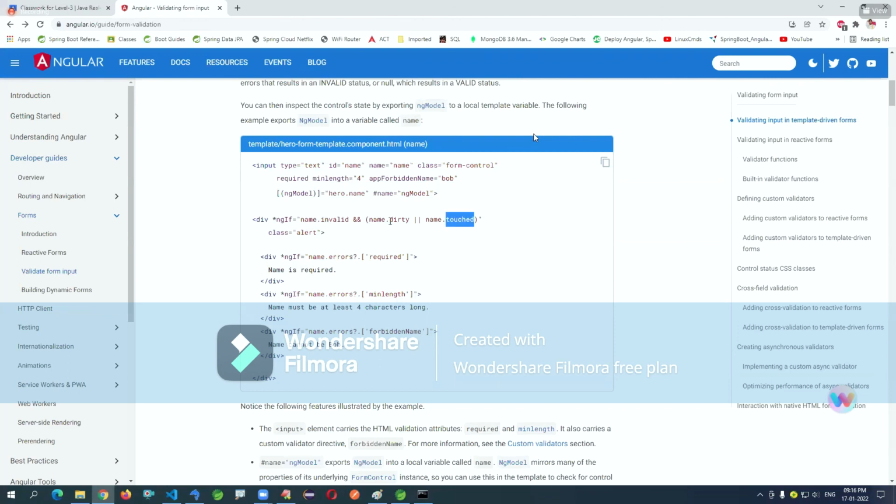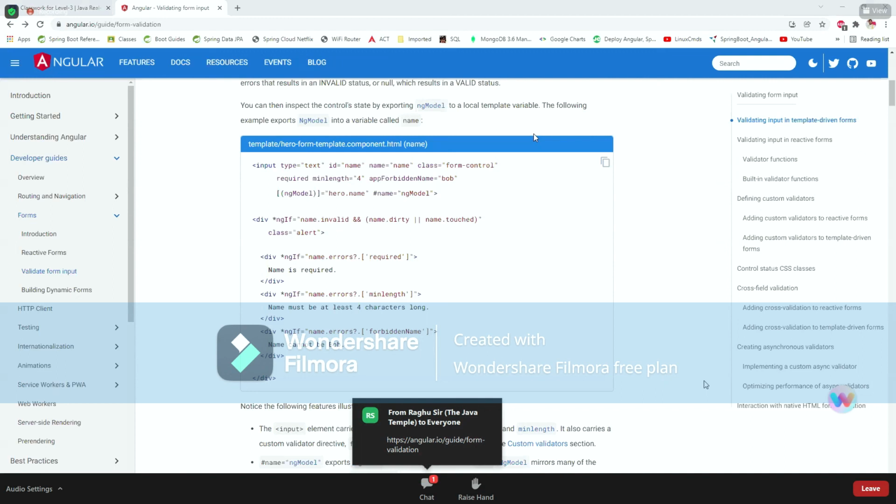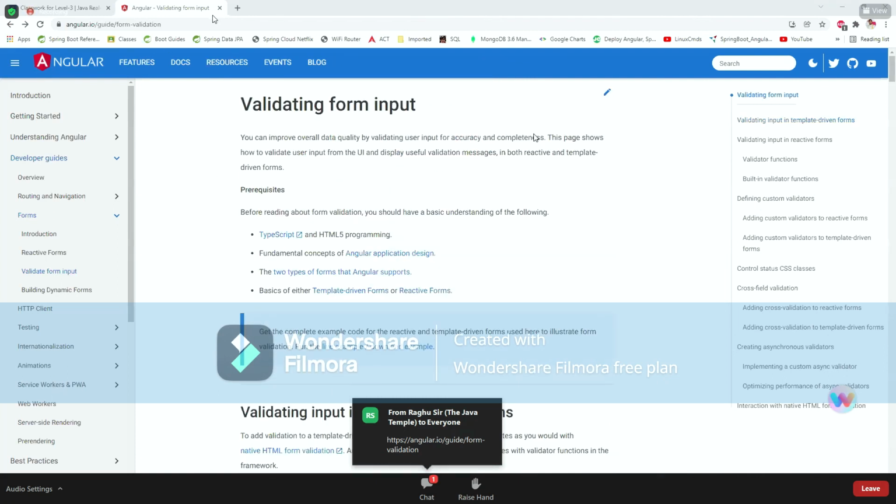Invalid means an input that doesn't meet the condition, dirty means modified, and touched means just clicked. This is the form validation link I'm giving. Just try to read this document if possible.